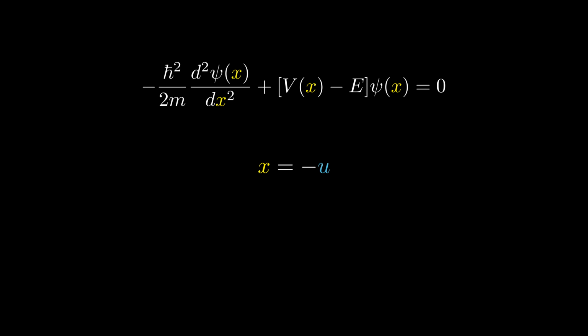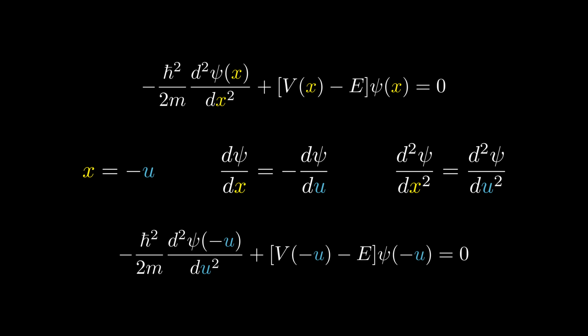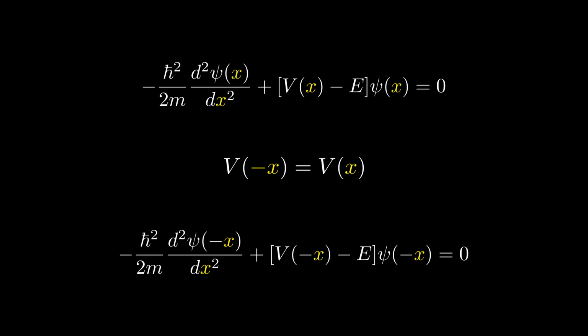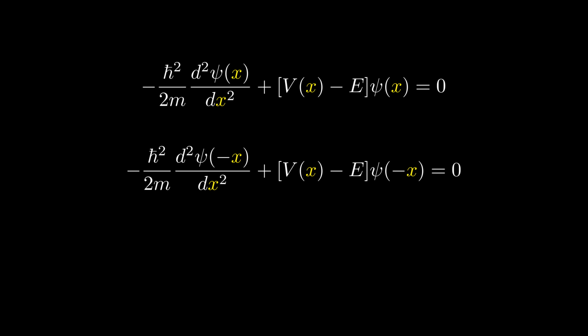Next, let's look at the derivatives. We can use the chain rule to write the derivative in terms of this new variable. Now we can rewrite the Schrödinger equation in terms of the variable u. But here's the key point. Since u is just a dummy variable, we can replace it back with x. If the potential V of x is even, that means V of negative x equals V of x. This symmetry is crucial because it means both psi of x and psi of negative x will satisfy the same